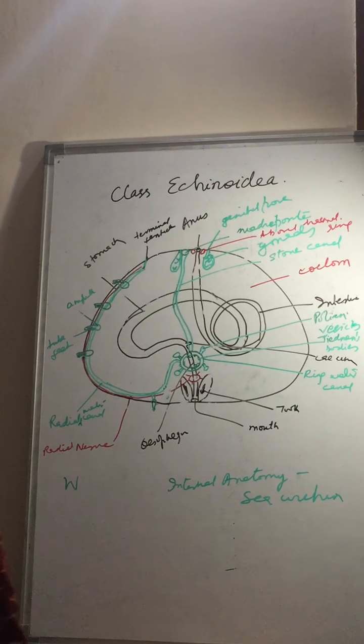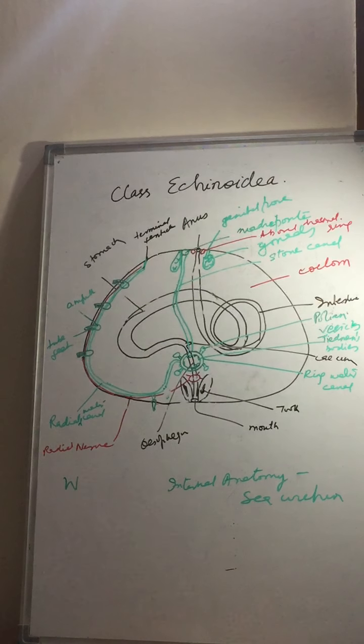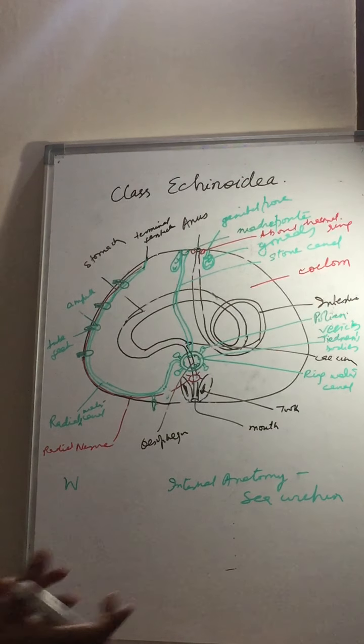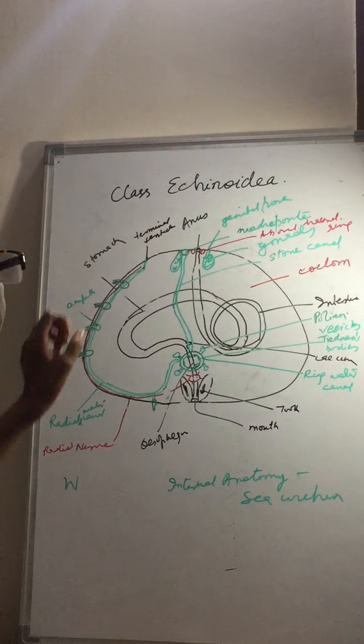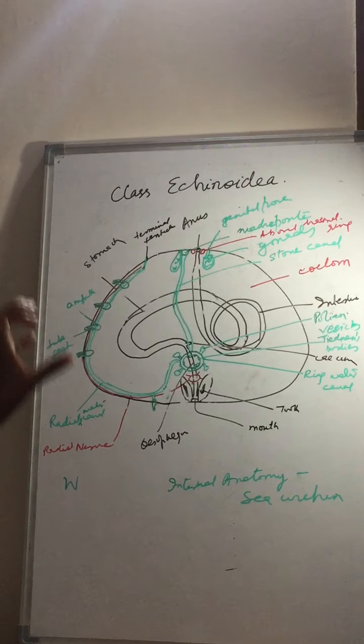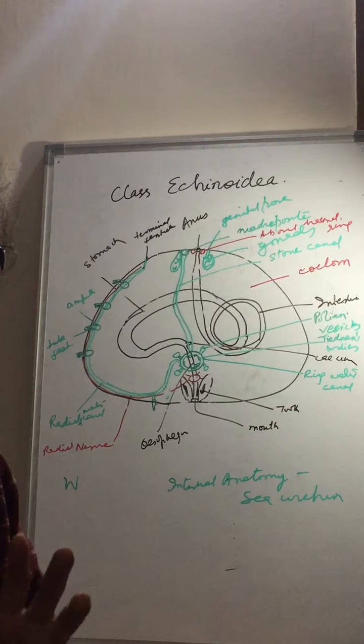So now one thing more, since we have taken up the ambulacral system, the madreporite is there through which the seawater enters, because this ambulacral system works by hydraulic pressure. As per the requirement of the animal, since some water is lost through the tube feet, the water keeps entering into the madreporite. The animal is able to move with the help of tube feet and with the help of these movable spines.